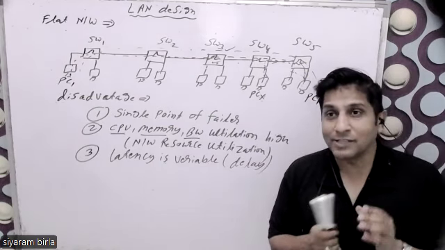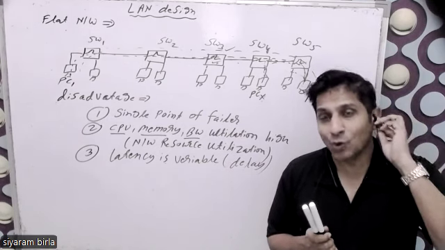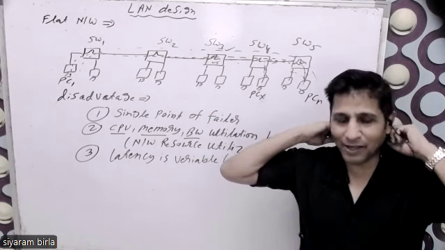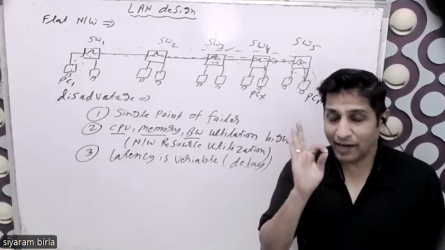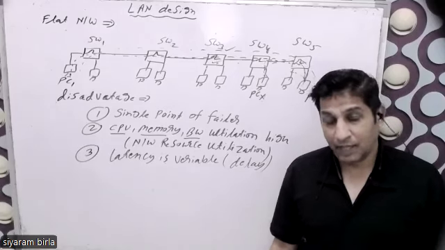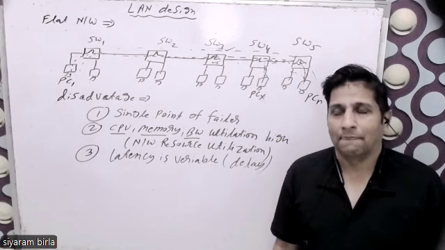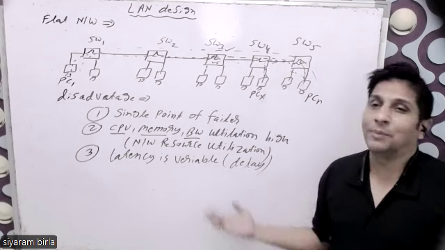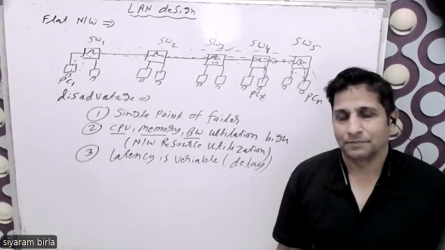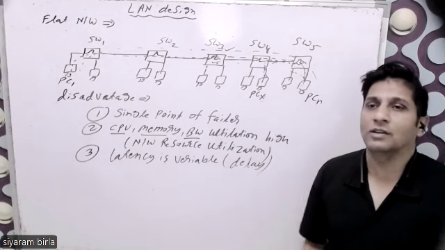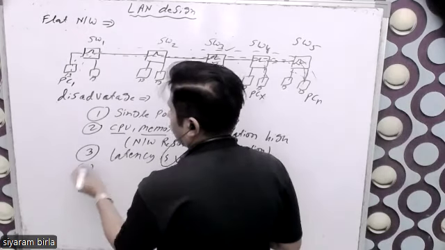Suppose I am accessing Facebook very quickly, and another person is accessing Facebook very slowly. So variable latency is not good for the network. All users should get the same latency; that should be a good network. Latency is one of the parameters. Latency should not be variable. So this is the third disadvantage. And the fourth disadvantage is that